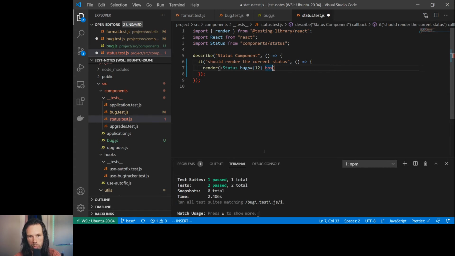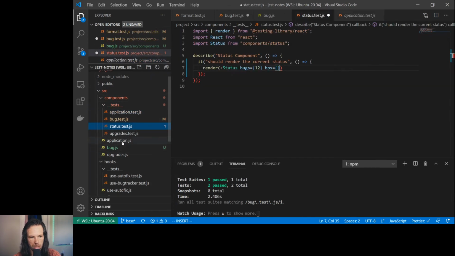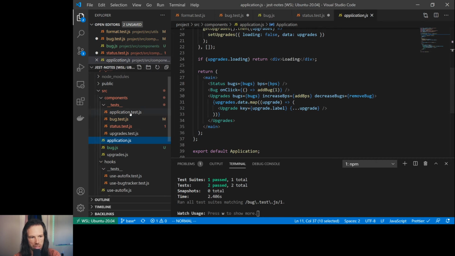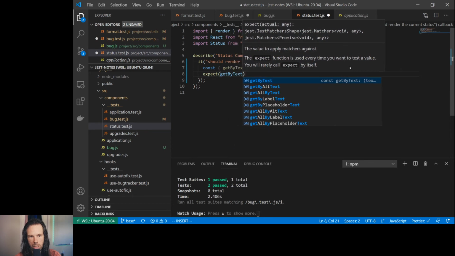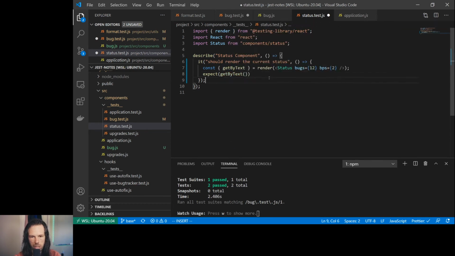So we need bugs and BPS to equal. Yeah, bugs and BPS is ultimately what I ended up using. So bugs and BPS. And the status says, okay, well, we fixed 12 bugs and we currently are at 2 bugs per second fixed. I'll probably need to find that text to see if it says expect